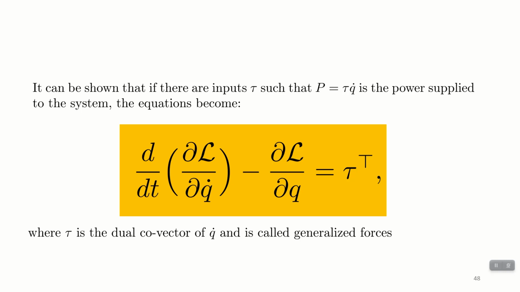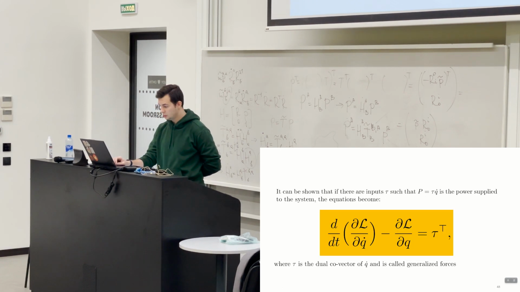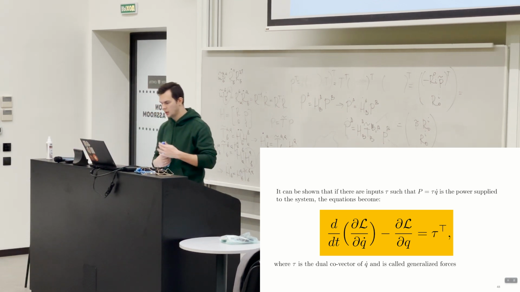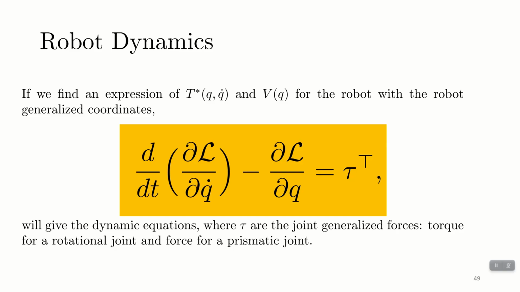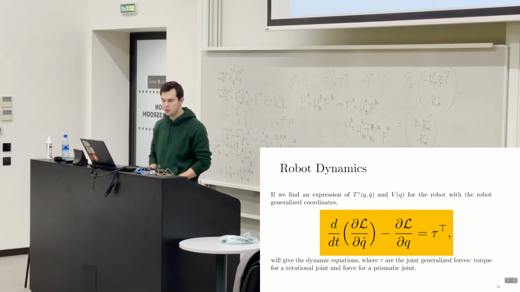For the non-conservative system, it will look like this. Here, the right side was equal to 0. Here it's the external forces and torques that could be applied to a system. And basically, the derivation of the equation of motion will be pretty much the same as in your first practice task or the second practice task,